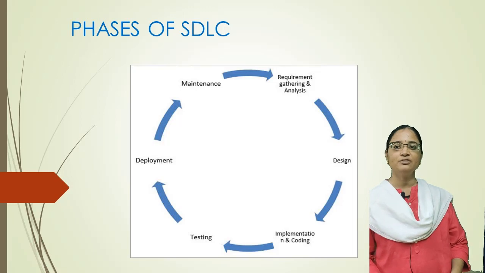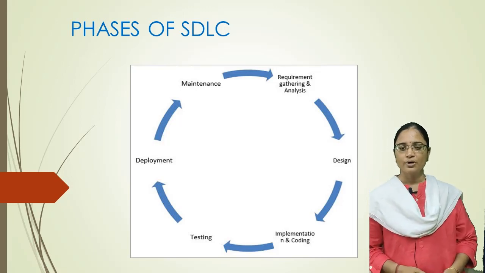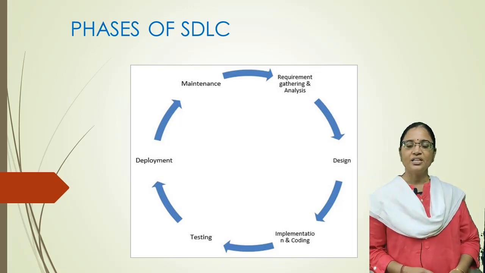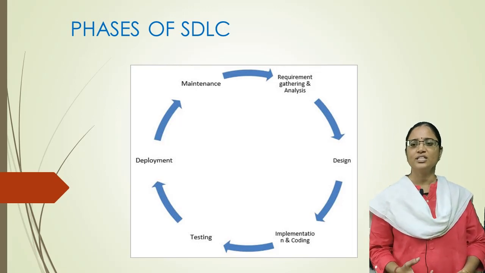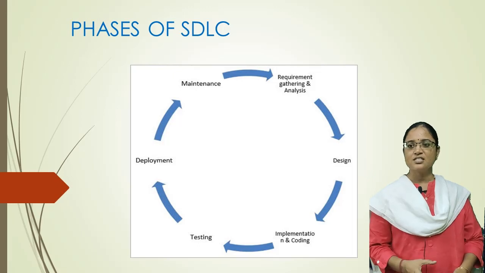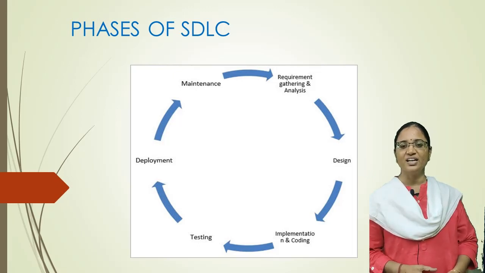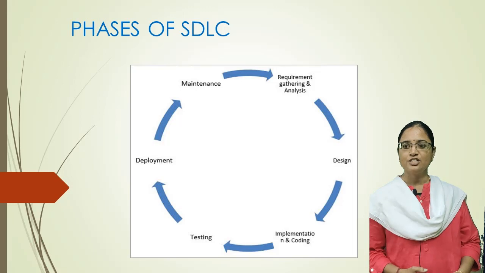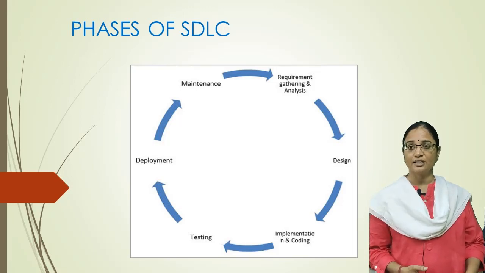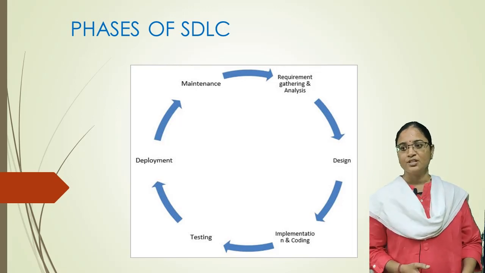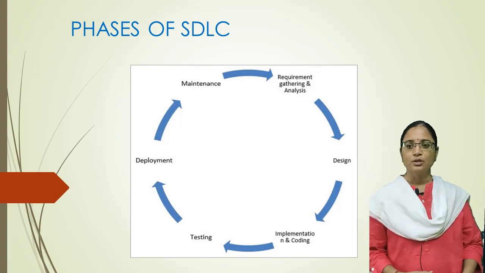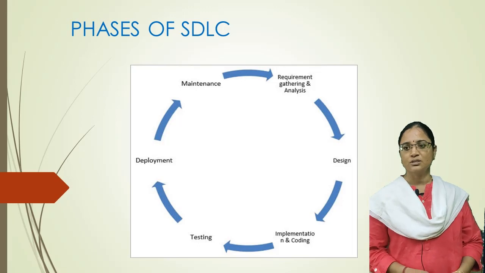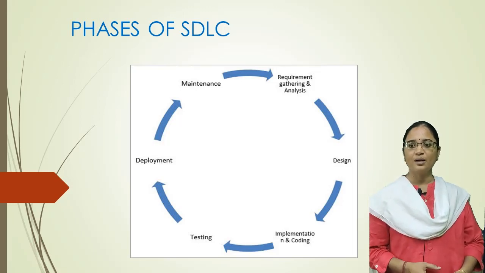Let me explain these phases briefly. Coming to phase 1, requirements collection and analysis. What is meant by requirements collection and what is meant by analysis? This stage gives a clear picture of the scope of the entire project and the anticipated issues, opportunities, and directives which trigger the project. So, what ideas, opportunities, and issues triggered you to do this project? This gives a detailed picture about the scope of the entire project.